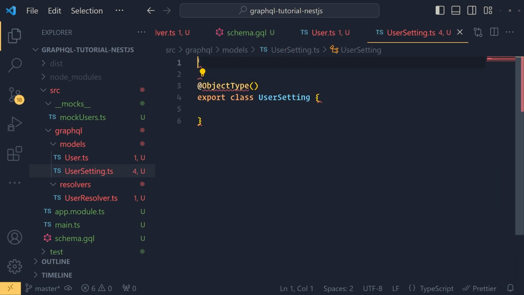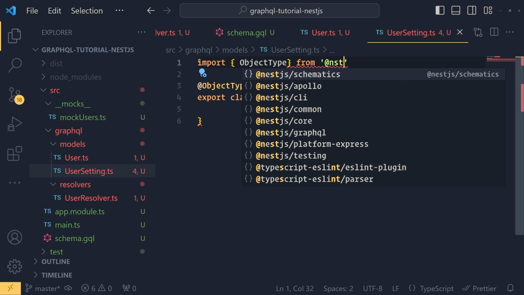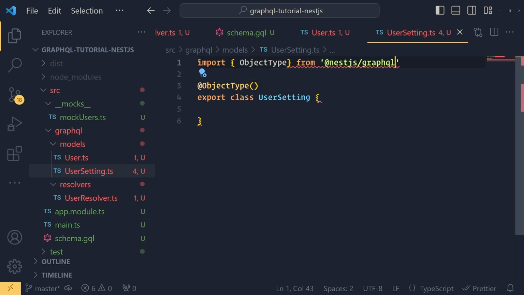Okay, let's just import that. Whoops. From NestJS GraphQL. Okay, I have my object type. So let's go ahead and define a couple of fields. We'll start off with a user ID though, because keep in mind that in this situation,